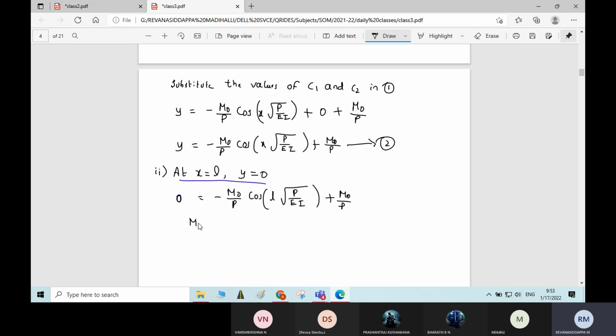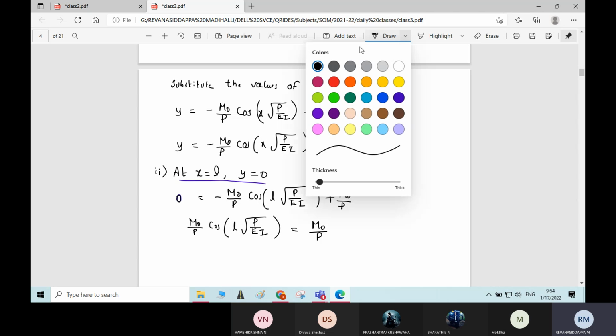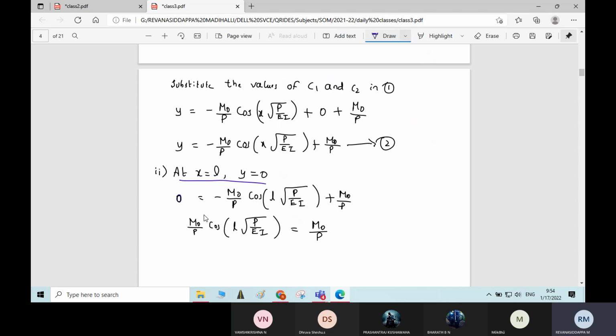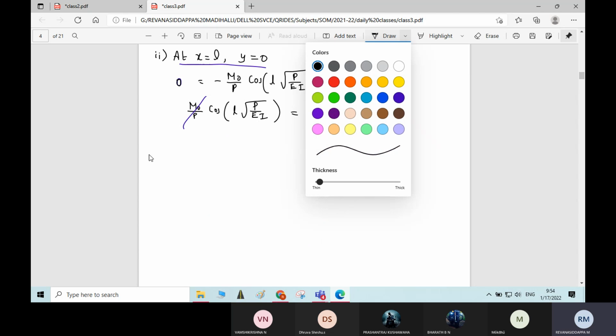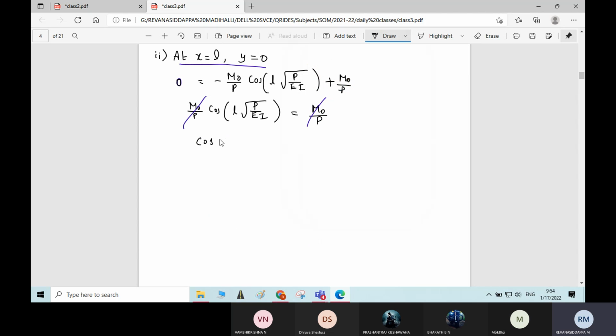It becomes m naught by p cos L root p by EI is equal to m naught by p. Now on both LHS and RHS we have m naught by p, so we will cancel that term. What you will get finally is cos L root p by EI is equal to